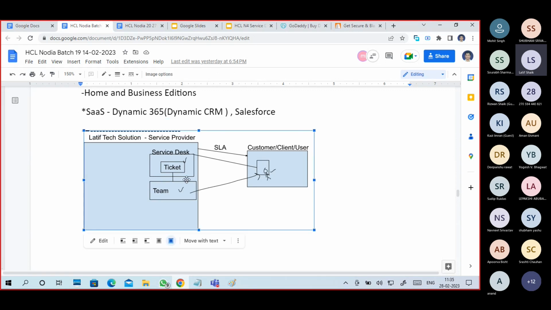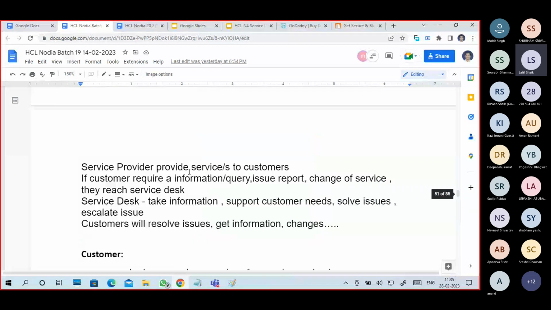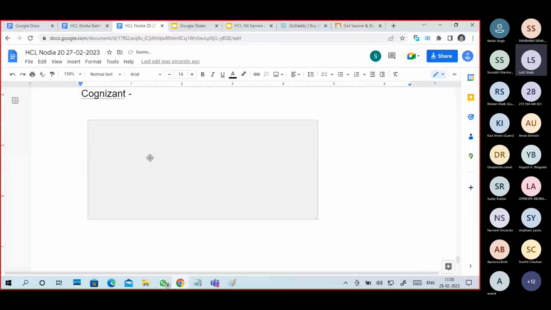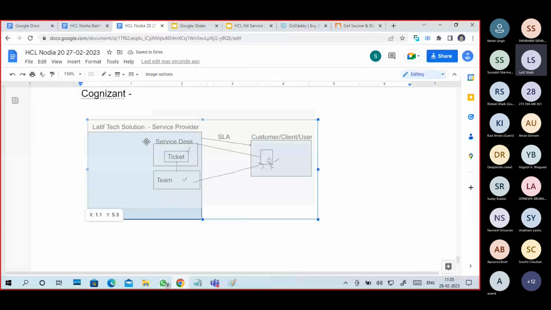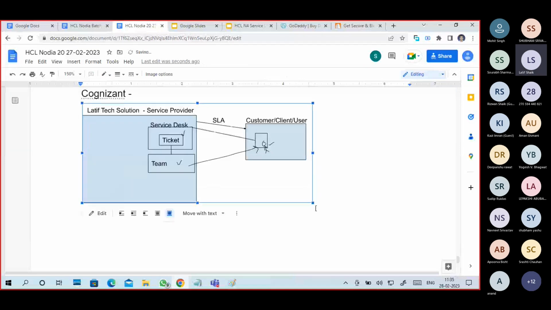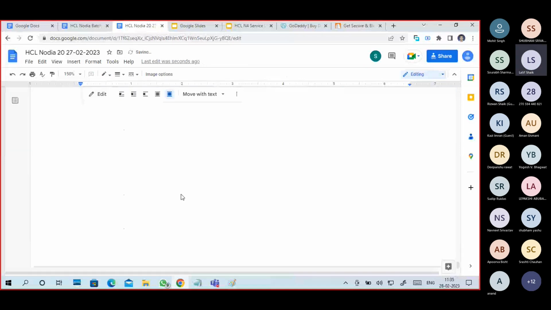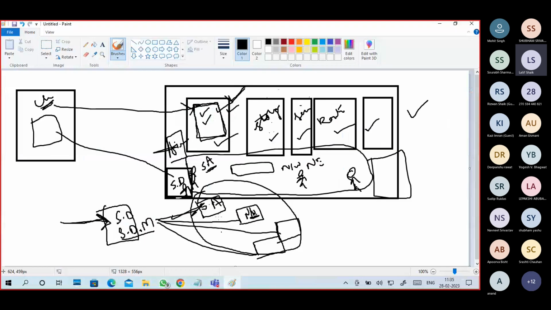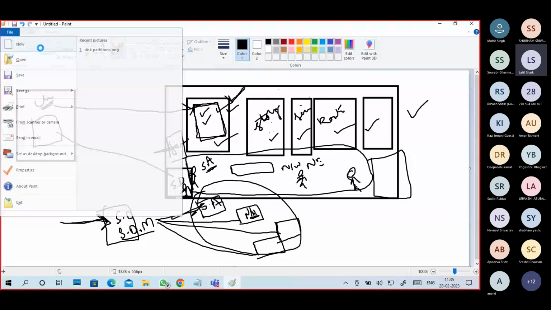Now I will tell in a different manner. Okay, so we'll put this thing here. Guys, I will draw this one again for you separately here. Why is the voice breaking? I don't understand.